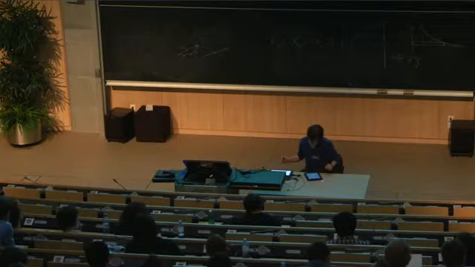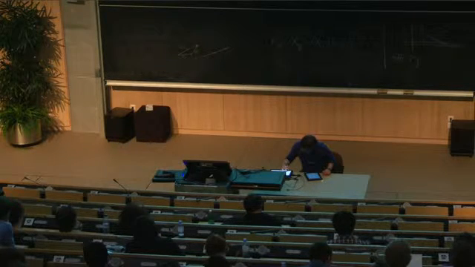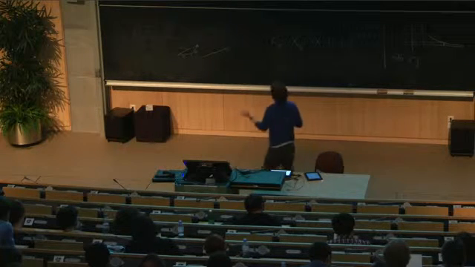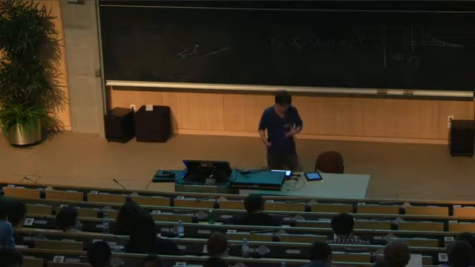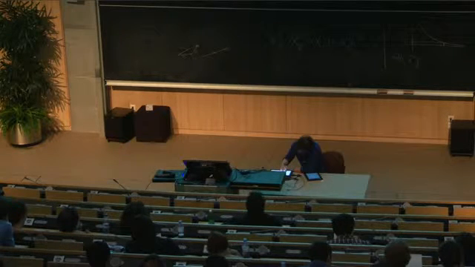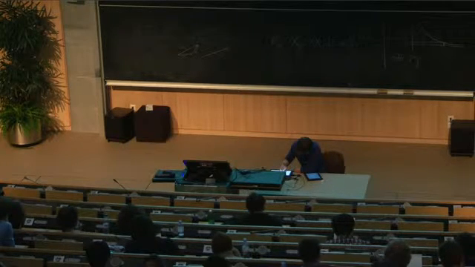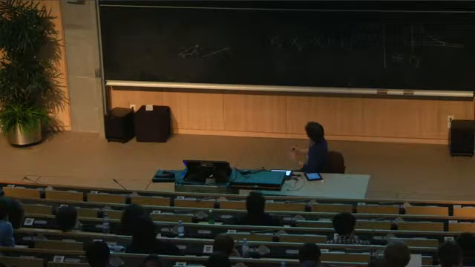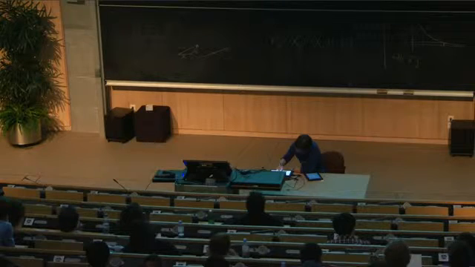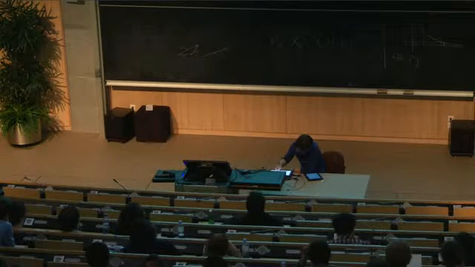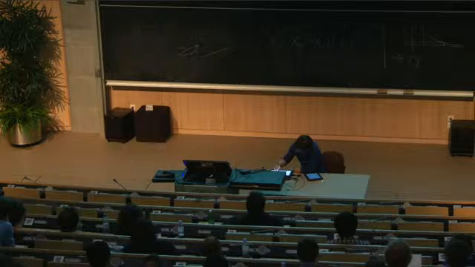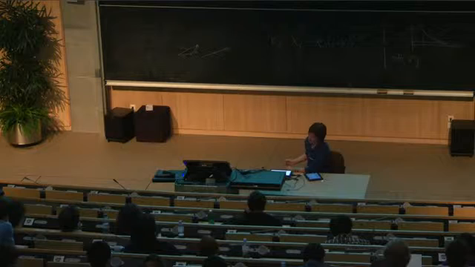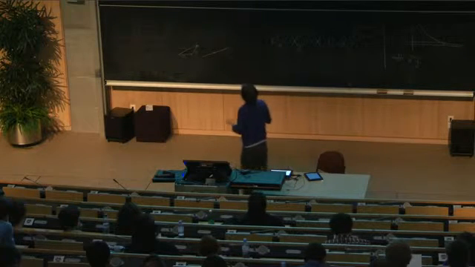For example, here we had this supersymmetric Wilson line. Of course, you could do a similar thing in a non-abelian theory. There's a supersymmetric version of the Wilson line also in a non-abelian theory, and you could also have 't Hooft operators. You could have Wilson-'t Hooft operators. So there's a classification of all the supersymmetric line operators